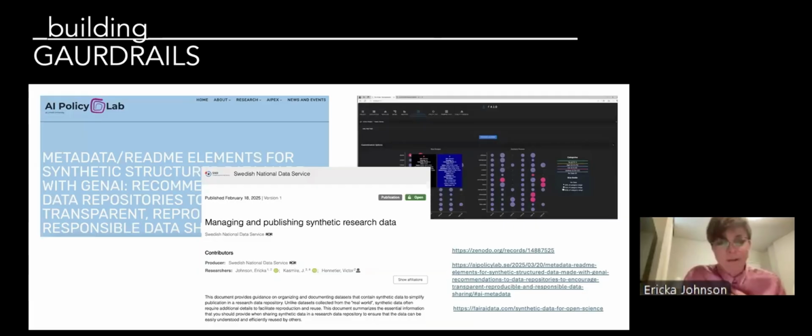So we had a workshop last year, and we brought over some people from the UK Data Service as well. And we had another workshop in September about these things. And we've been speaking with people from different data repositories at universities around Sweden too. And what we've ended up doing is creating both a policy suggestion, that's the blue document there. I can send you references to them later if you want. About what sort of README and metadata elements we think synthetic data sets should have, synthetic structured data, if you're going to be depositing them in an open science repository.